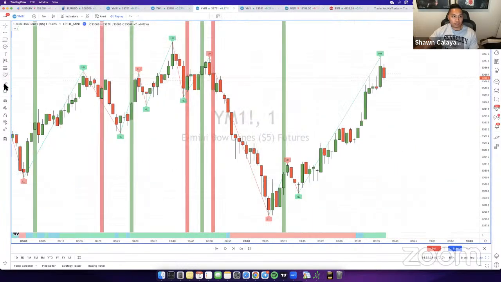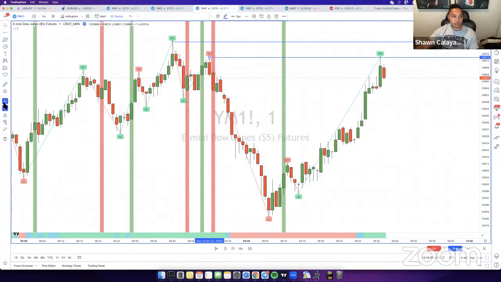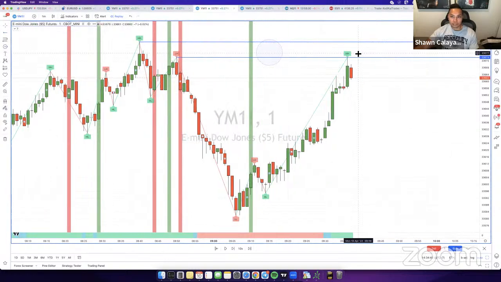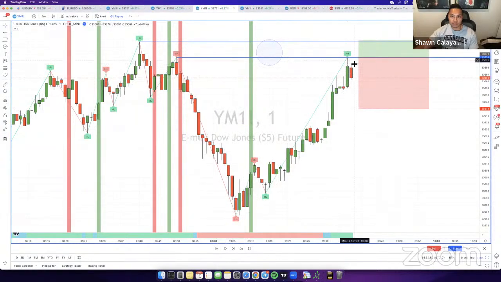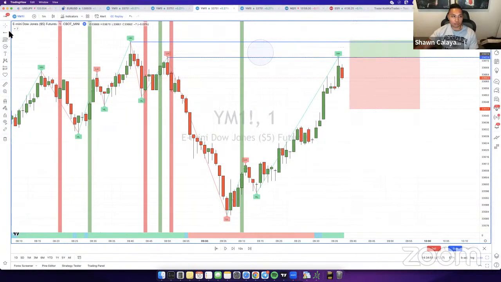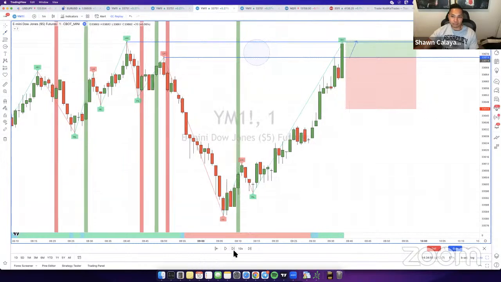So if you were to draw your high lows right here, you see how these are next to each other? It gives you that gap right there to make your profit. So when price hits this point, you could take a long position right there for 100 pips, just a quick little in and out. And you can see how if price hits this point, it's going to push right through to your CP. So that's why I don't really teach a strategy.